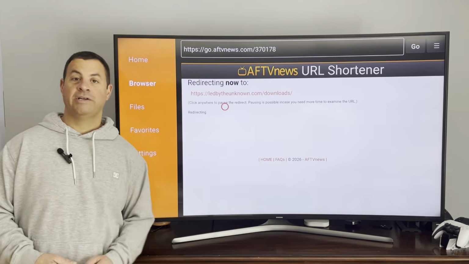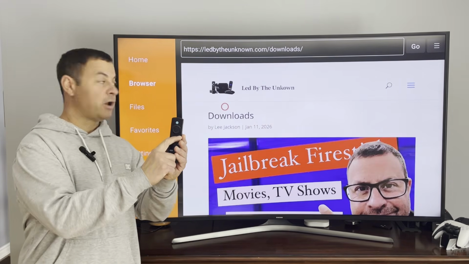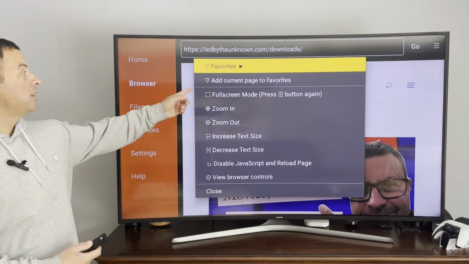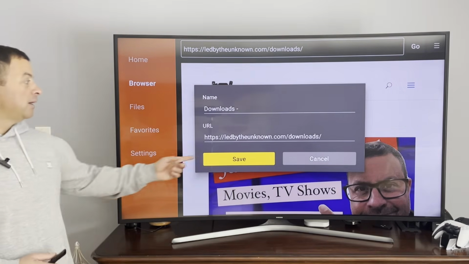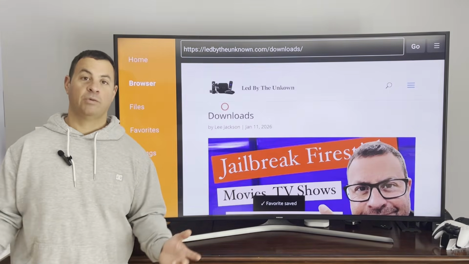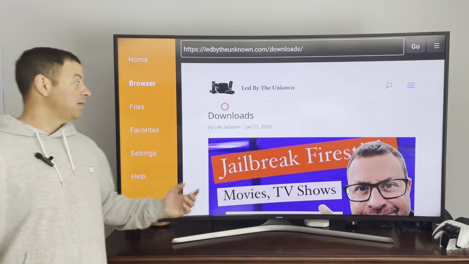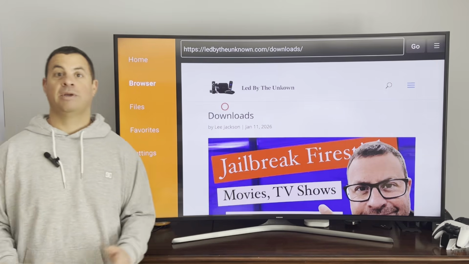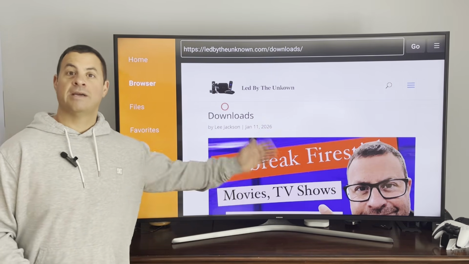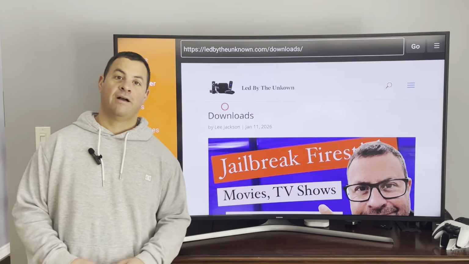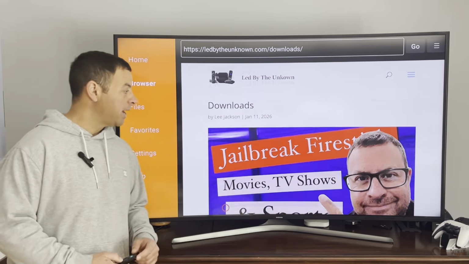Once the 5-second redirect is done and the page has started to load, push the 3-line button on our remote. And here it gives us this little menu, add current page to favorites. And then we just hit save. And now we don't have to worry about remembering what the short code is or anything. And it's here in our favorites tab in downloader. Check out the tutorials in here, how-tos, and we got other stuff in here for your Amazon Fire TV Stick needs. We can come down,